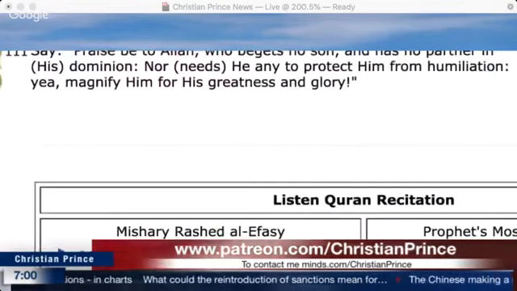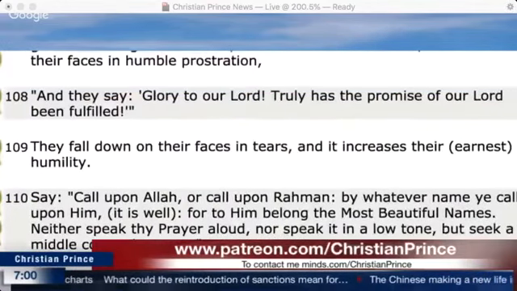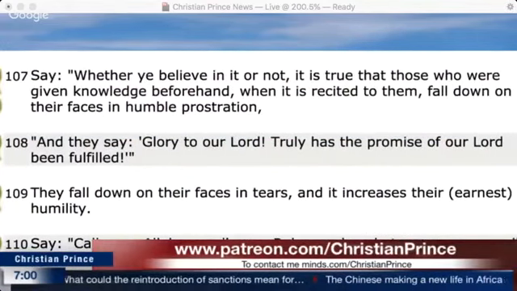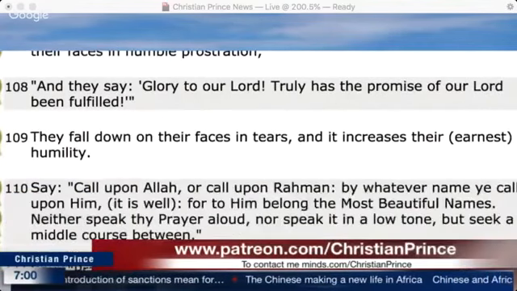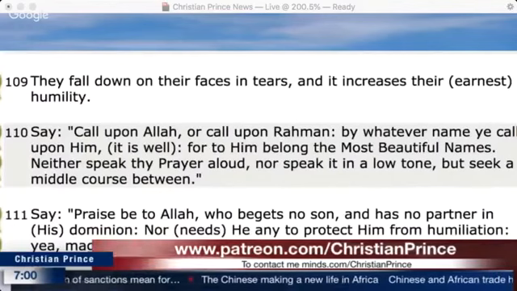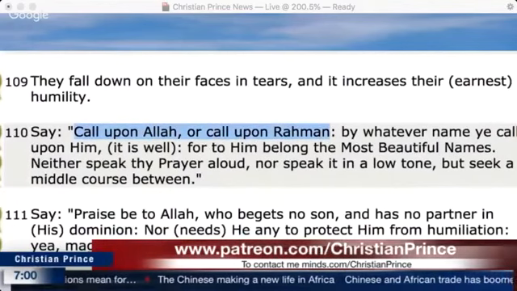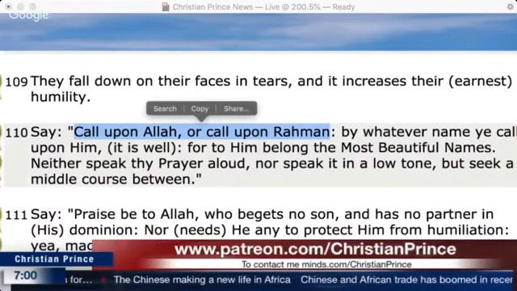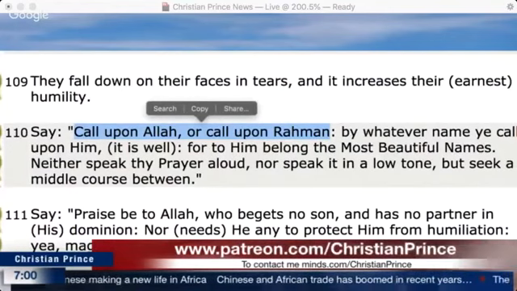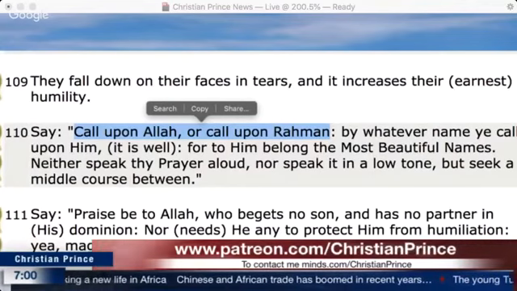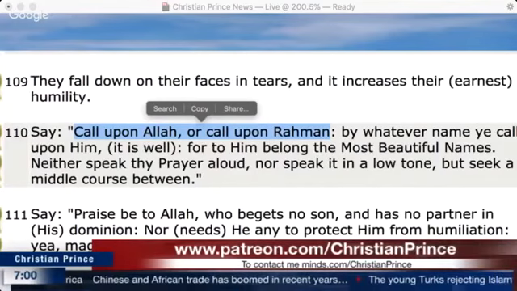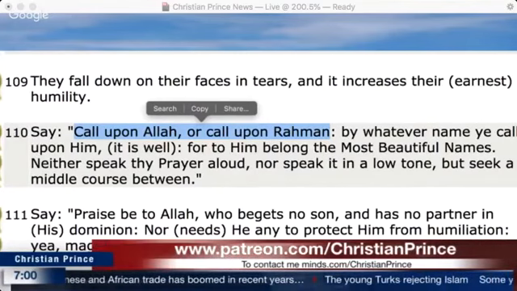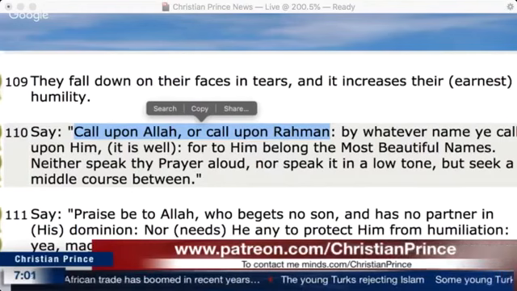But the question is, if Muhammad already received the Quran in the chapter of Al-Fatiha, why is he waiting until this time to explain who is Ar-Rahman? He should have said this verse at the beginning of the Quran, because now he said Allah, Ar-Rahman, Ar-Rahim. We call him Allah, we call him Rahman, we call him Rahim. It doesn't matter, all those good names belong to him. That's wonderful, but as you see, he waited.